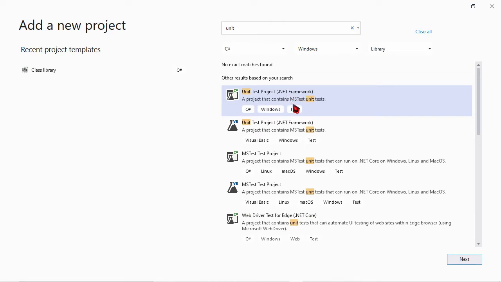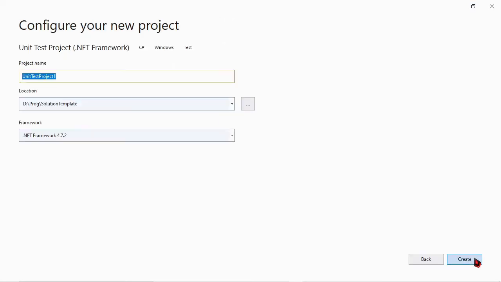And I want to create a unit test with the NUnit framework. So I can choose this, but I will have to update the dependencies and be aware that it comes without the NUnit framework. You will see why I use this. So a unit test project that targets MS Test, and I will change it to NUnit.